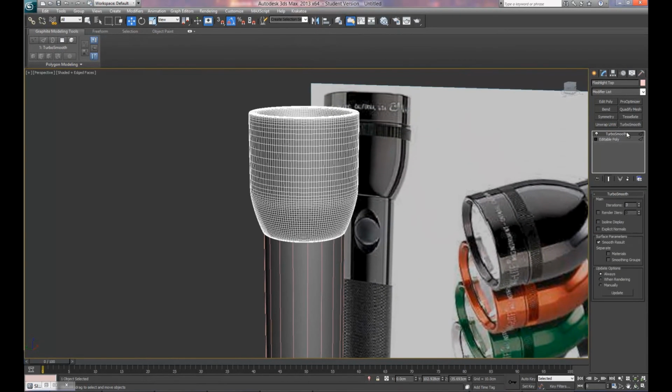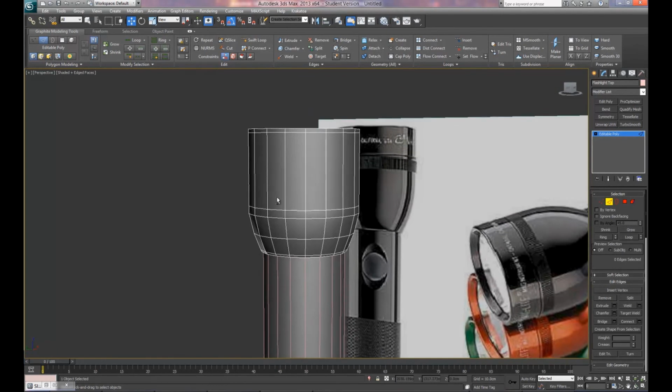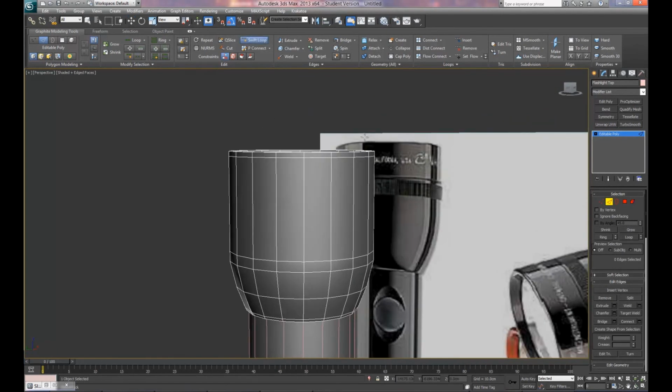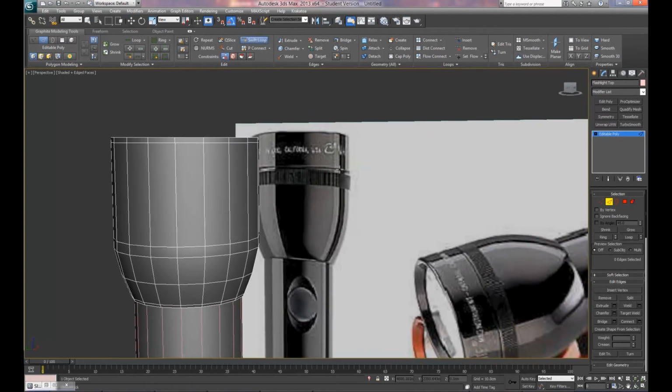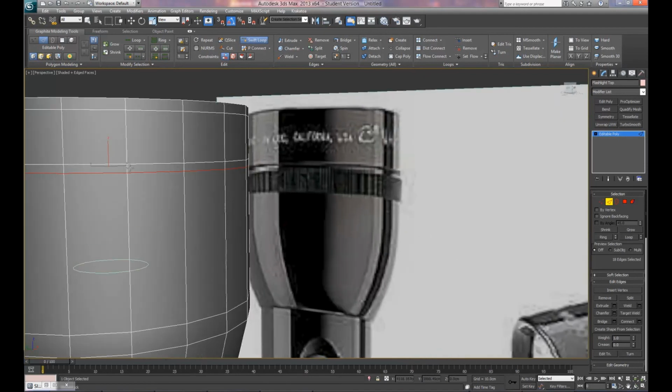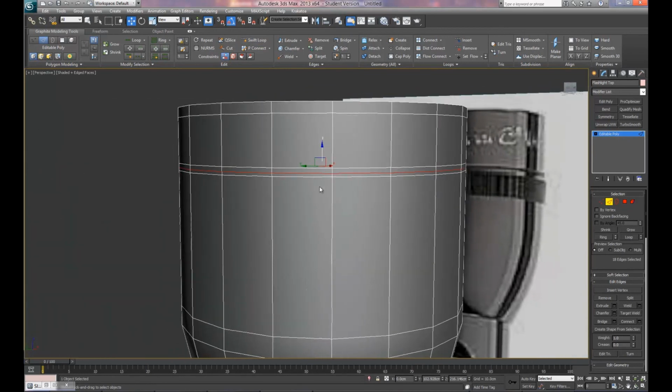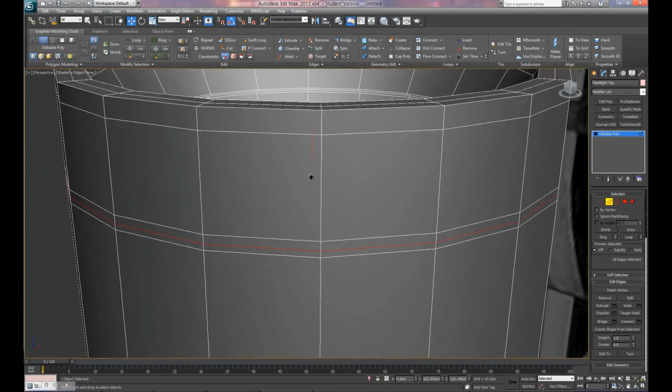So let's add a little bit more detail up here since we've got the basic shape down. As you can see, really the only detail that I'd like to add is this little bump where you can unscrew and replace the bulb. So let's add 3 edge loops right here. After you create this edge loop right here,